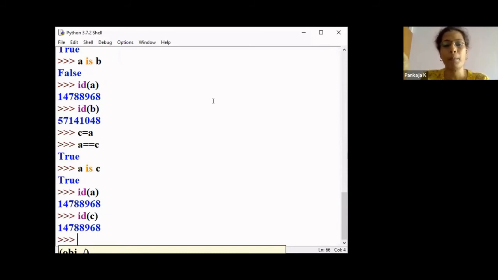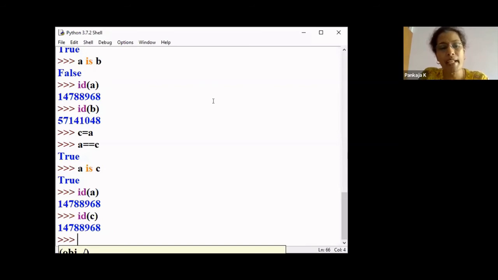Here I'm copying the list A to C. I have not created a different list here, but I have just copied the same object to C. That is why it is linking, or referring to the same object.